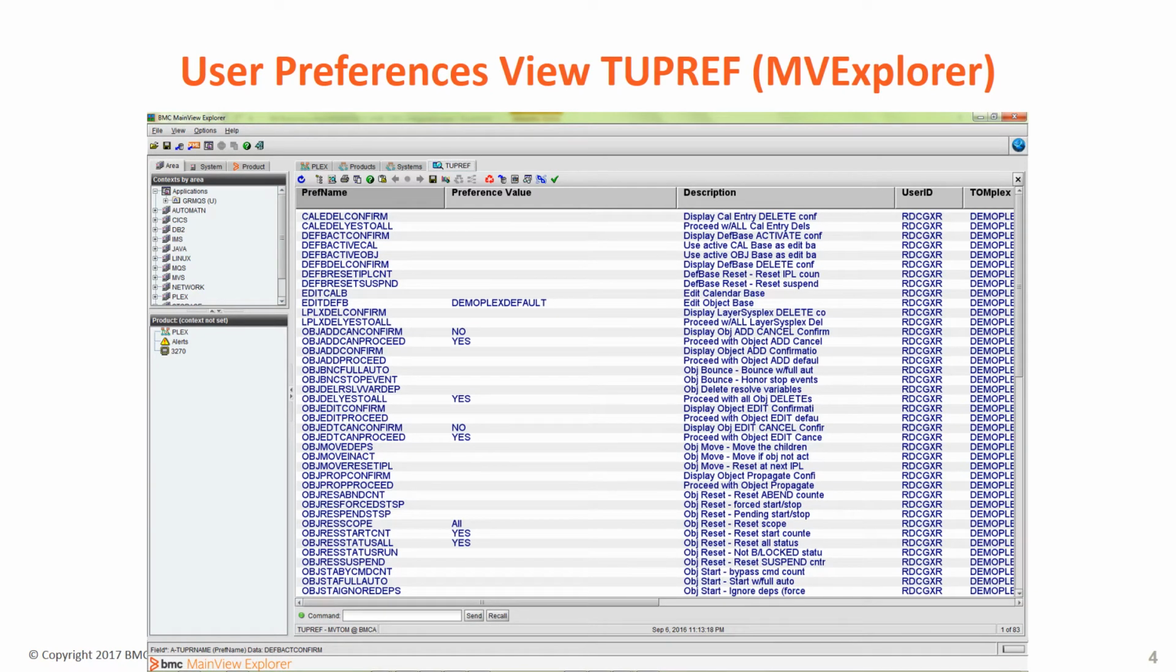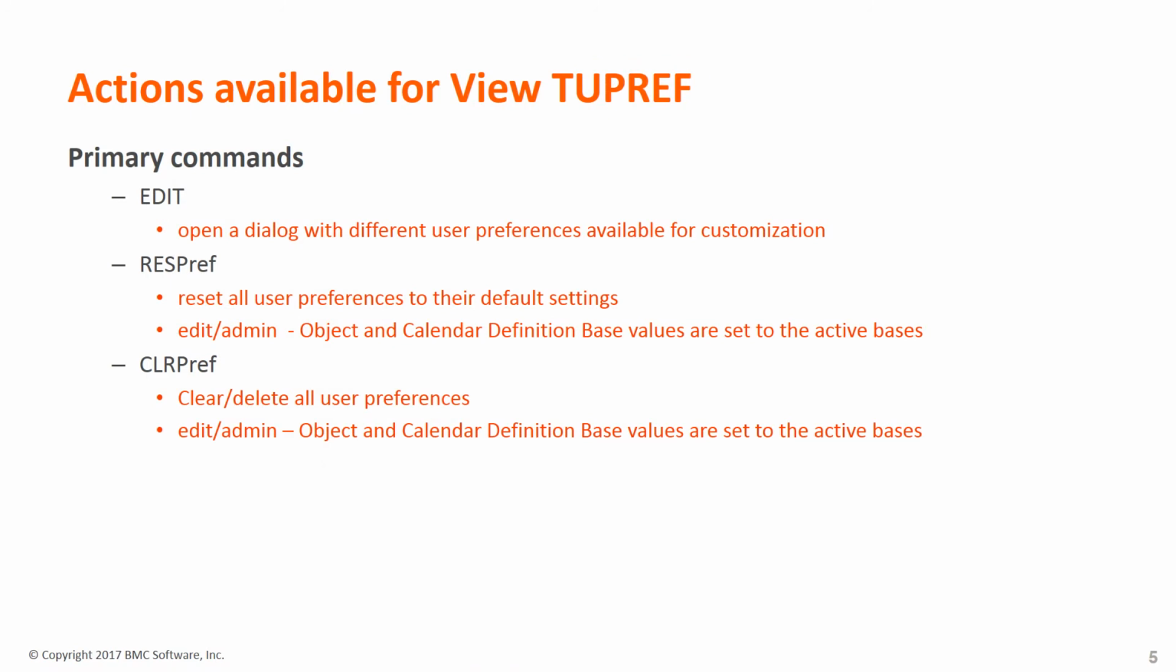Here's an example of the TUPREF view used in MainView Explorer. You'll see a similar display in the 3270. The TUPREF view supports a number of different actions. The most important and probably the most frequently used is the edit primary command. Issuing the edit command will invoke a dialog that TOM will use to help walk you through the customization of